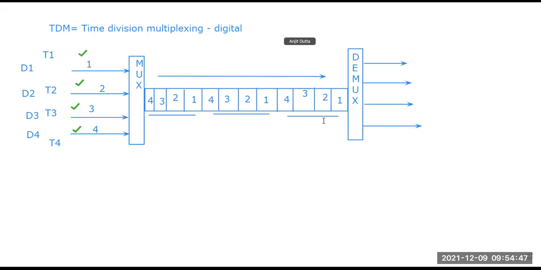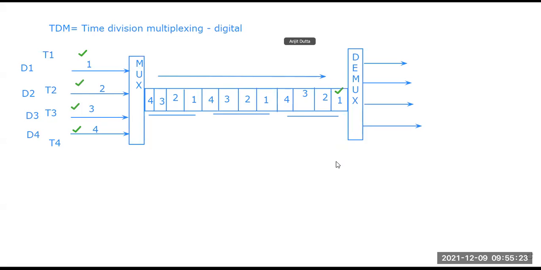This one is not referring to any message. Let me clear the confusion: that one is not any message. This one means that device one has that particular allotment in this bandwidth channel. Now the data can be many: it can be 1632 bits, it can be 4-bit data, 2-bit data, or a single bit. No issue on the data; it can be anything. But what I am trying to say is that device one has got a time allotment in this particular bandwidth channel, and at that particular moment, when it is one, we have seen one here.